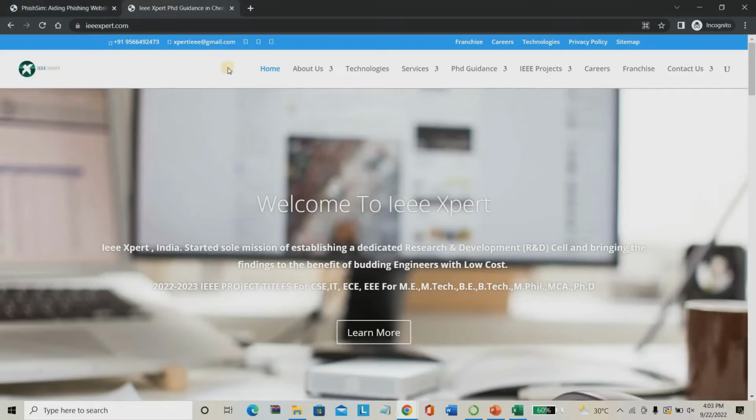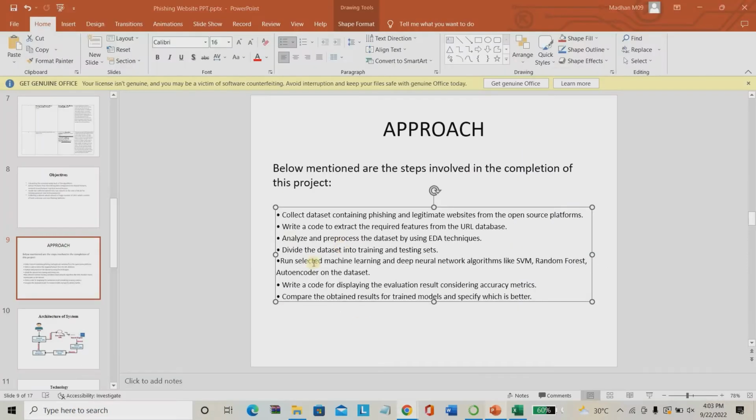Okay, so this, as I mentioned, is the main dataset collection. Then we have to pre-process the features. Based on that feature processing, we apply a deep neural network as the proposed algorithm. In the existing system they use random forest and SVM. In the proposed system, as I mentioned earlier, instead of SVM and random forest we are going to use a deep neural network for better accuracy.